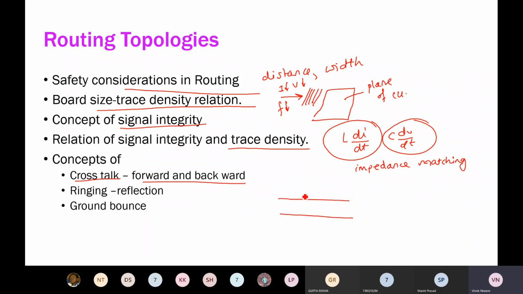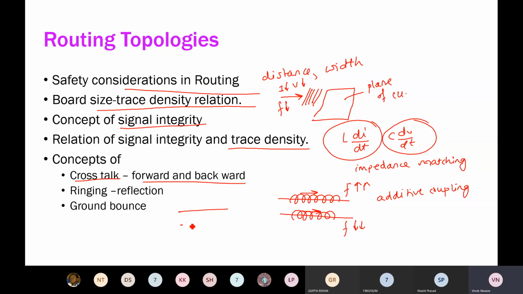We do have two tracks. Both of the tracks are having the same current direction. So they will have their electric field around it. And let us say the frequency of this track is very high compared to the frequency of this track, which is very low. So these are going to create additive coupling. मतलब वो कपलिंग बहुत ज्यादा इंक्रीज होने वाला है.